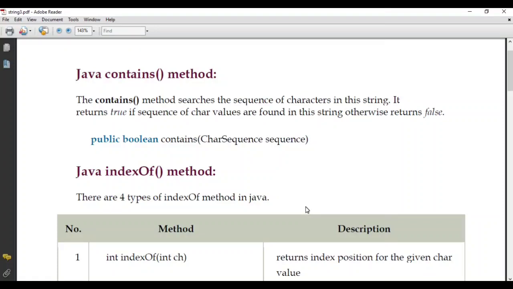It searches for a string or a character in some other string. It is going to return true if the character or string is found, otherwise it is going to return false. So here you can see the return type is boolean, so it is going to return either a true or false value. It takes a CharSequence as a parameter, so you can pass a string, StringBuilder or StringBuffer, anything. It does not take a character, it takes only a string argument. So let me go to IntelliJ and write a program for this.